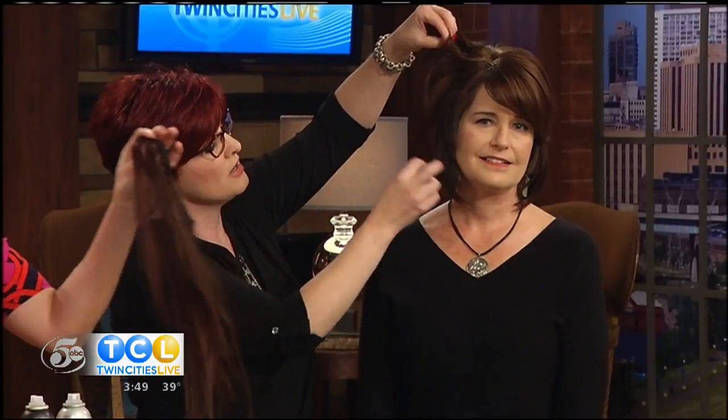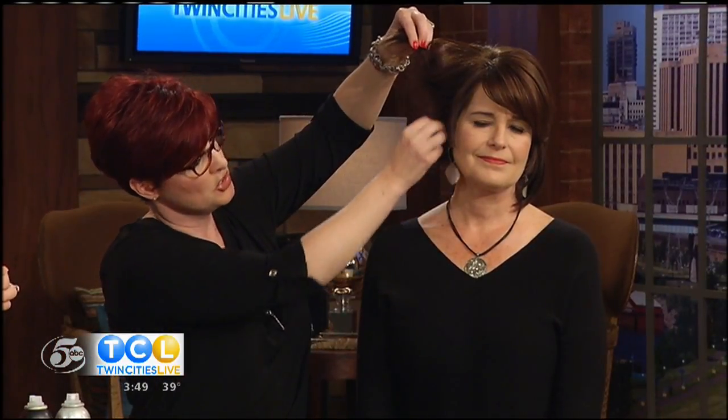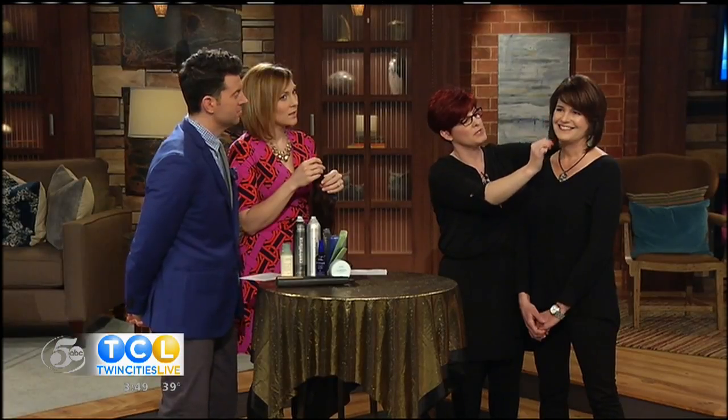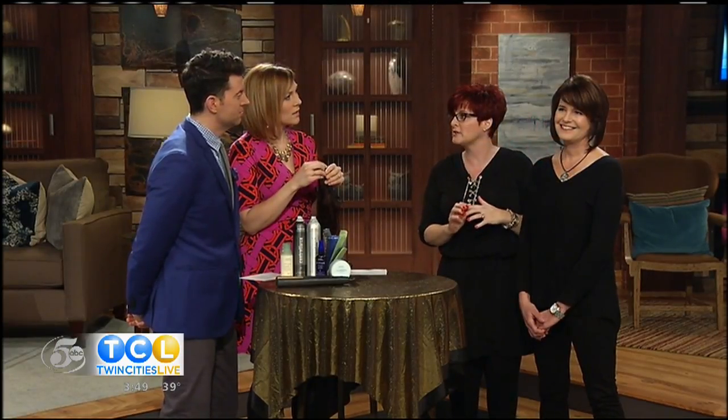What we did was we actually took the clip-in hair extensions, which are kind of nice because they have little clips that you can just put in and clip up. And so hers are sitting right underneath her hair. Her hair is actually as short as we saw on the monitor there. Yep. And so now we just made it so she has a nice inverted little bob type of a thing, so she can put them in when she wants to. If she decides to grow her hair out, these will actually move down,